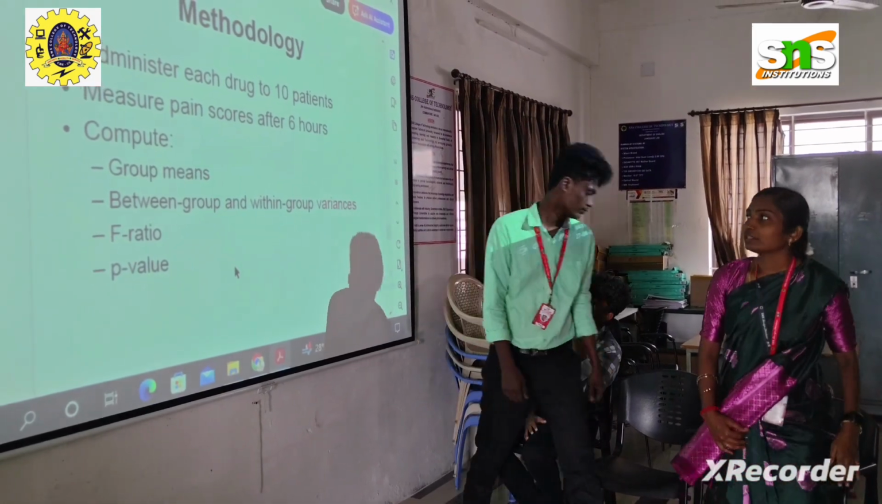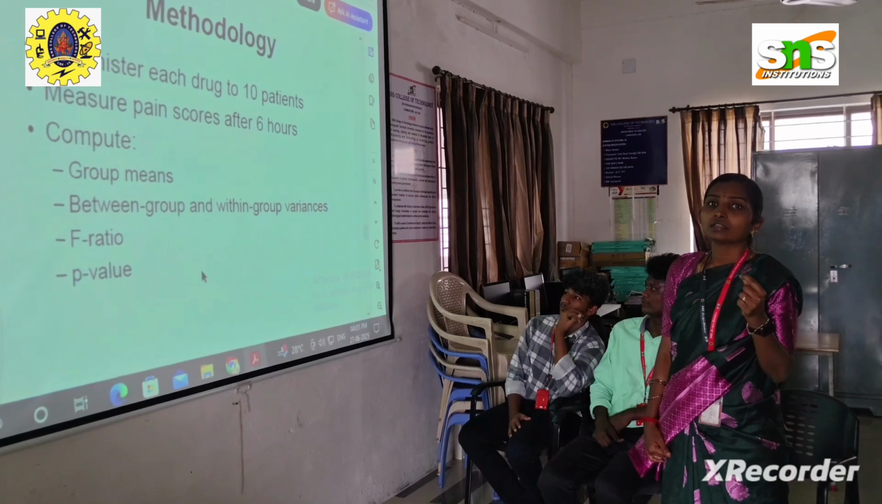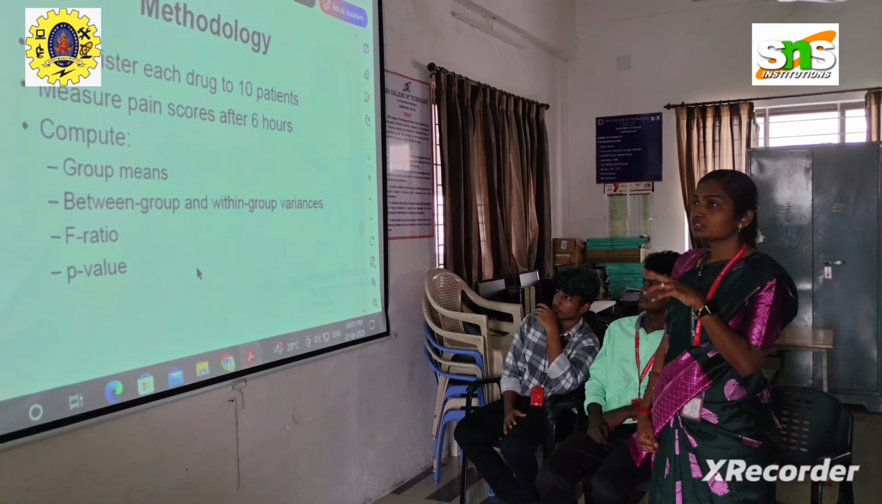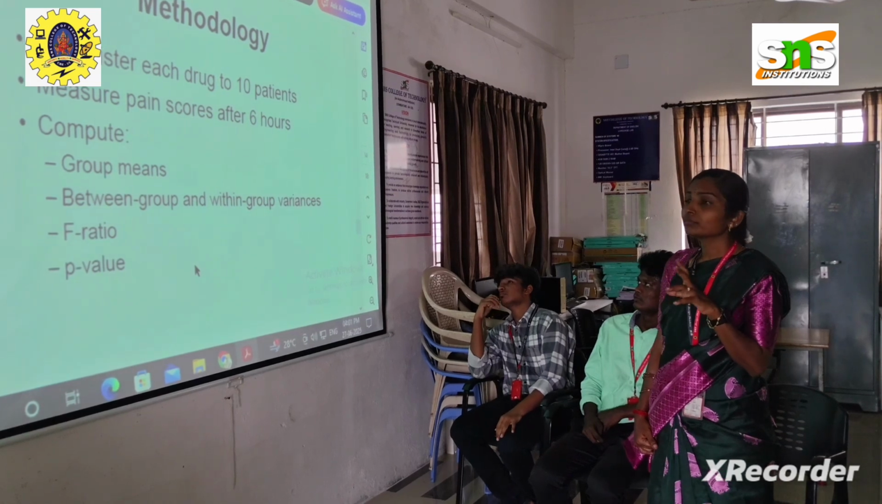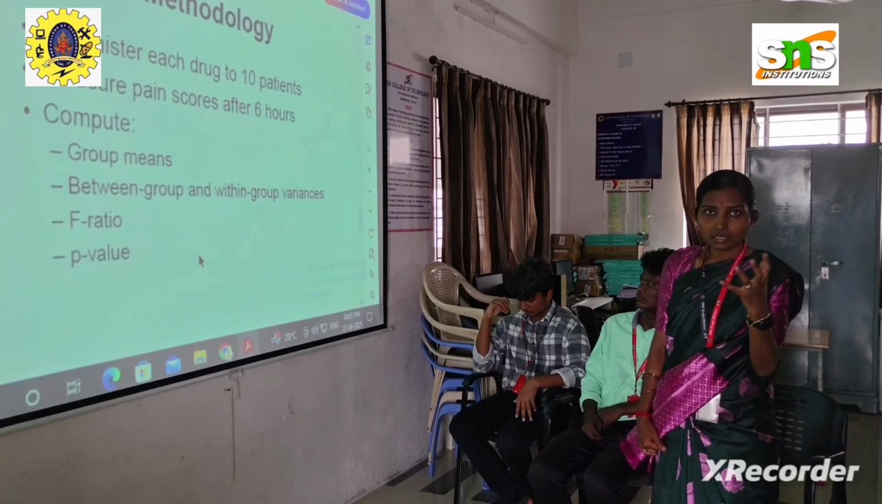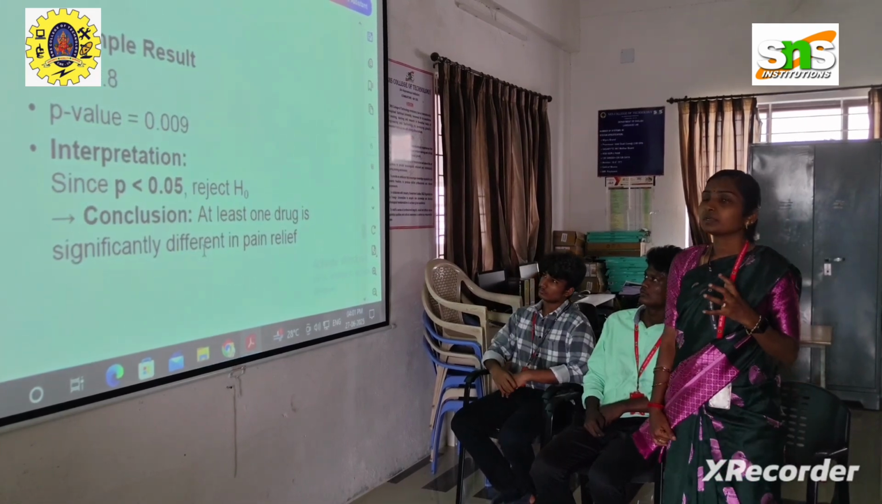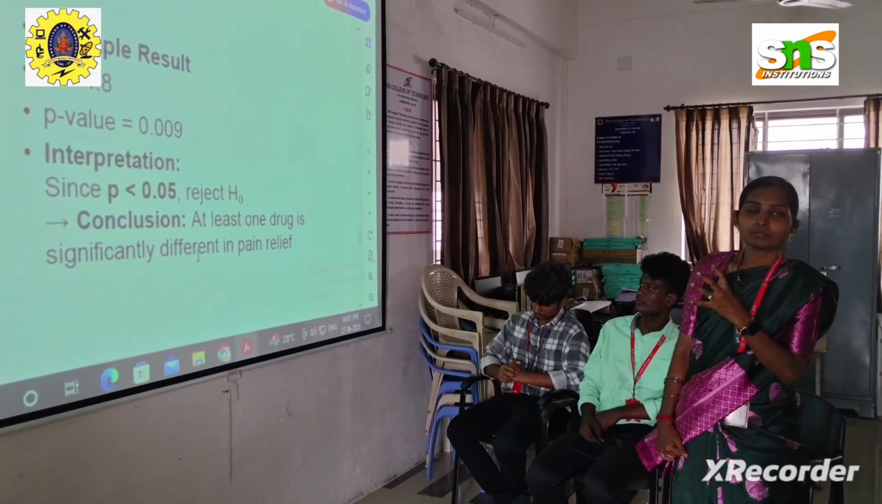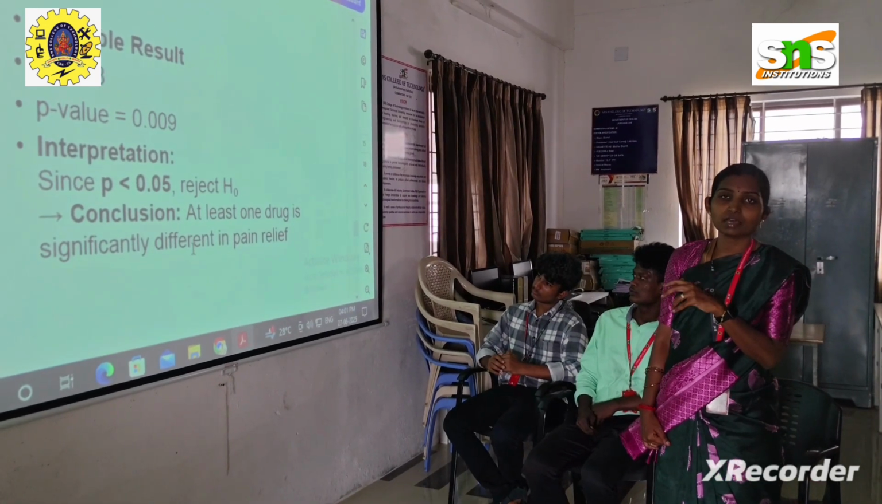So this is our methodology, wherein we administer each drug to 10 patients. The painkillers are given to 10 patients each. We measure pain scores after 6 hours, and we compare using the one-way classification with all the parameters required. Next slide. And the result is that the p-value is less than 0.05, and therefore we will reject the H0,